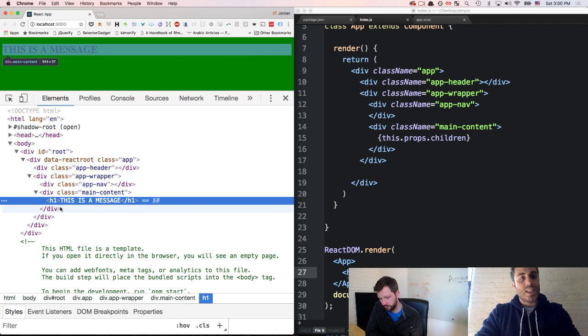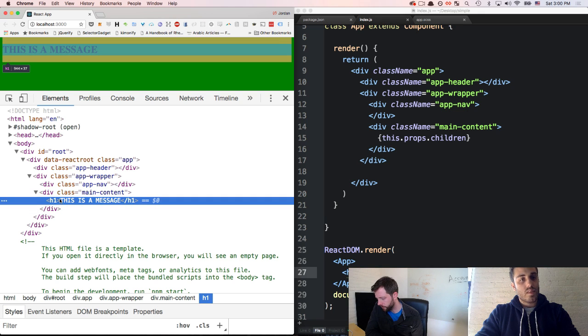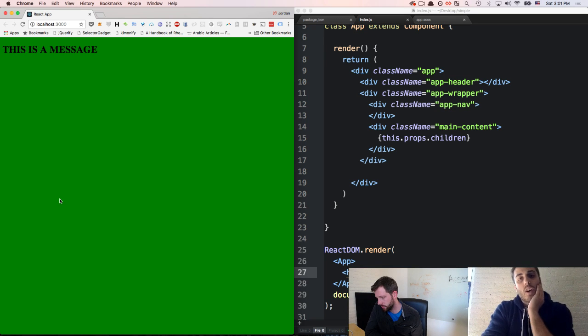Like you can see it's inside the main content, right? Okay. So what is the props variable? It's just kind of this global thing. Props, yes. So props, I guess that's a core idea in React, the difference between props